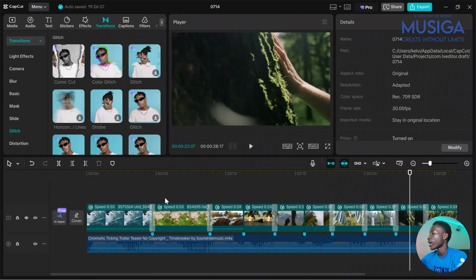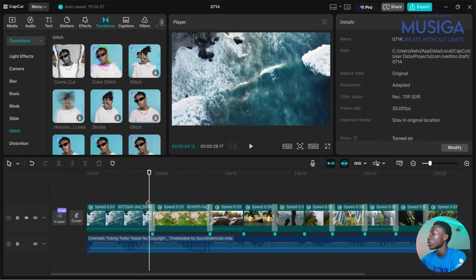Okay, so now we are done adding our transitions. I used more than 3 just for demonstration's sake, to give you an idea of the different kinds of transitions you can use. And if you're using transitions, it doesn't mean you have to apply them to the whole video. No, you don't have to apply the transitions to the whole video. Just